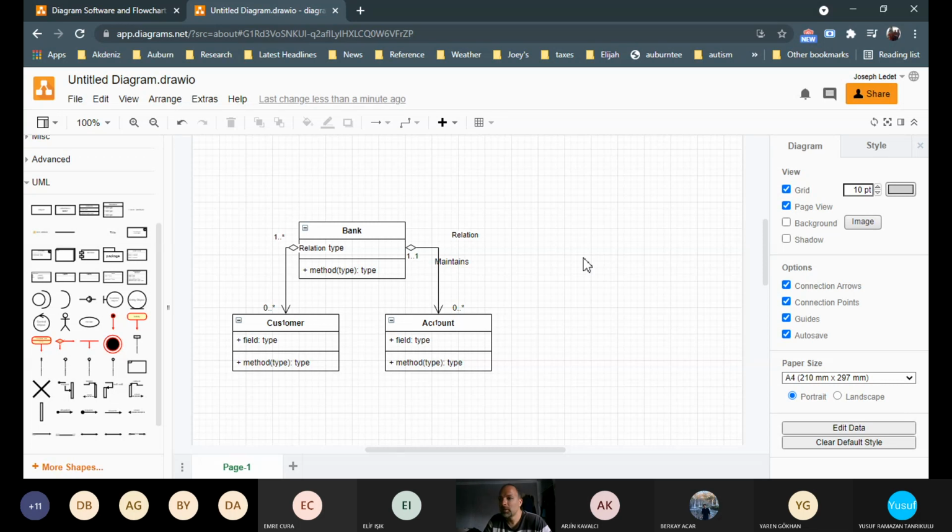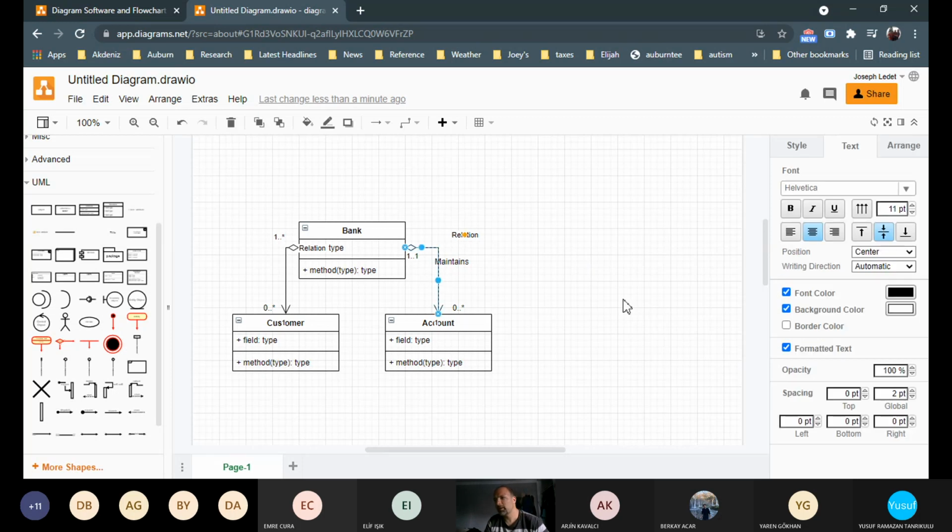Many, right? So the way that we would say this is a customer must belong to at least one bank, but they can have an account or be associated with as many banks as they want. Okay, a bank is not required to keep track of any customers. They don't have any customers, but they can have as many as they want. Probably one that would make a lot more sense here is, okay, so a customer